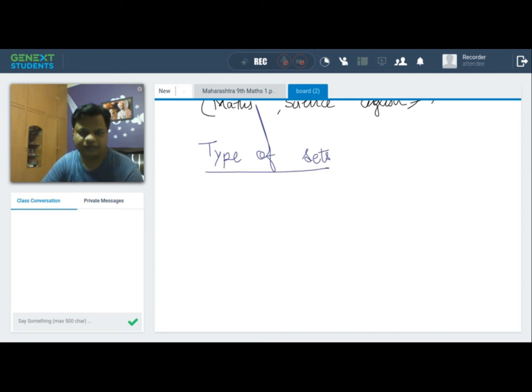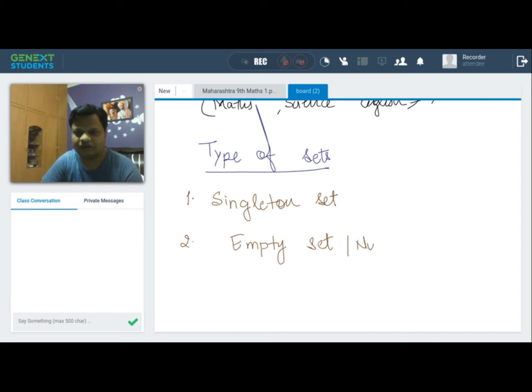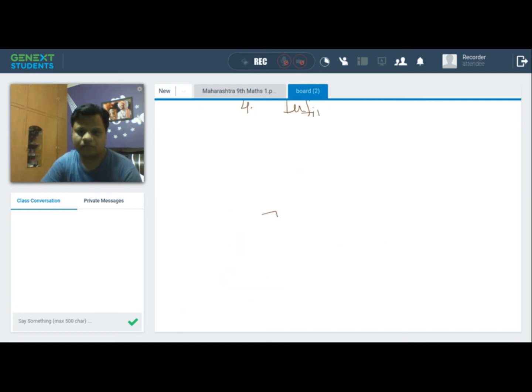Types of sets. We have the singleton set, the empty set, or we can call it the null set as well, and the infinite set.